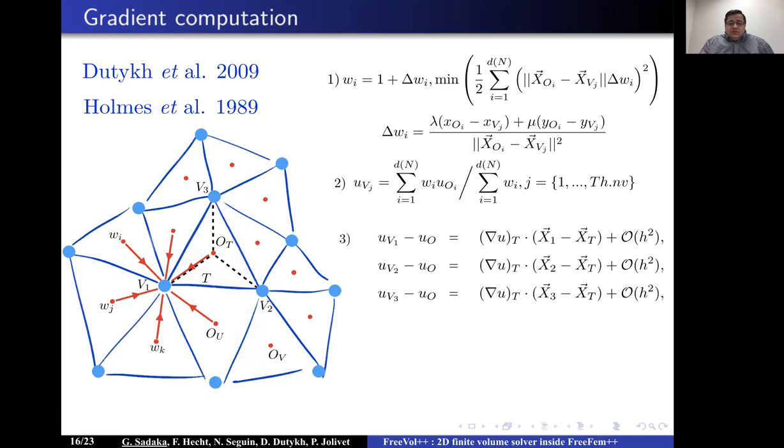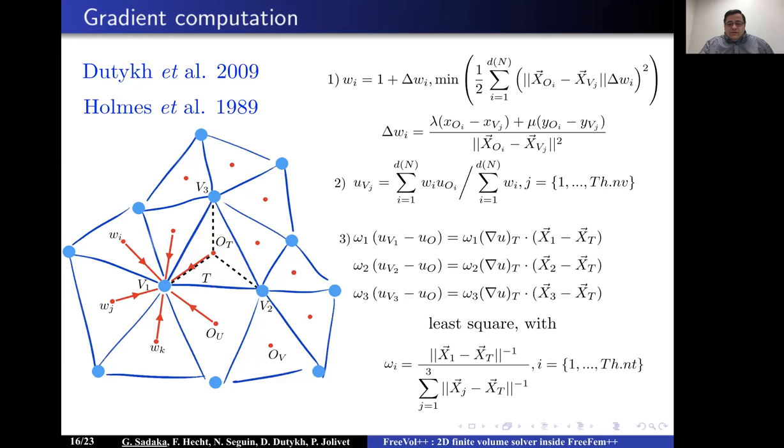And we use the Taylor formula in this triangle to compute the gradient here. So we need the solution on the three vertices, which are U1, U2, U3. We need the solution on the barycenter, which is in P0 here, U0. And X1, X2, X3 are the coordinates of the three vertices. So here we are exact at high order, and